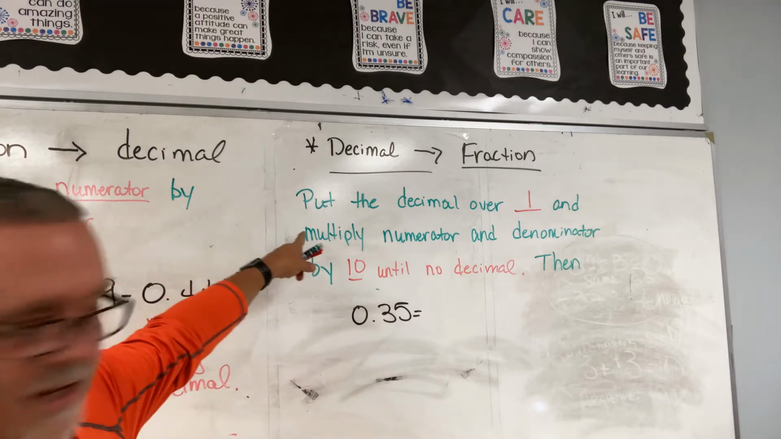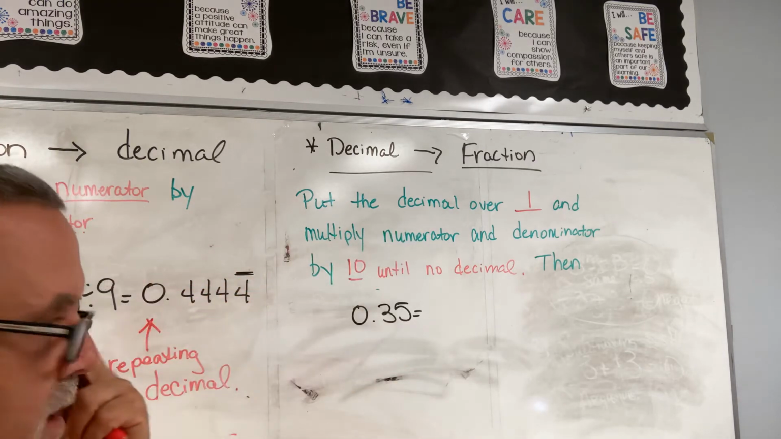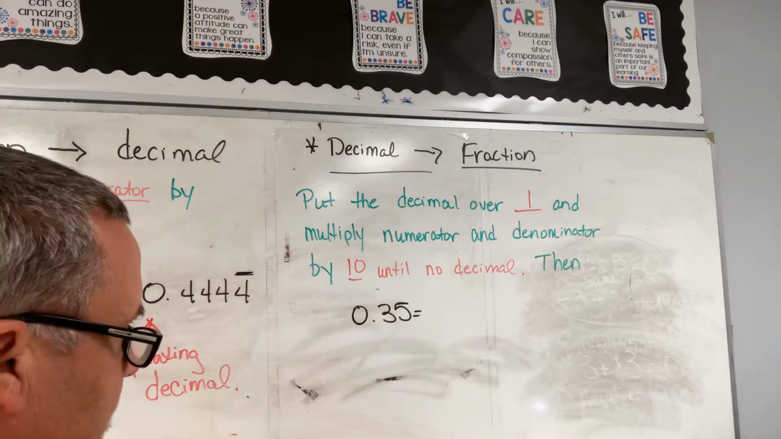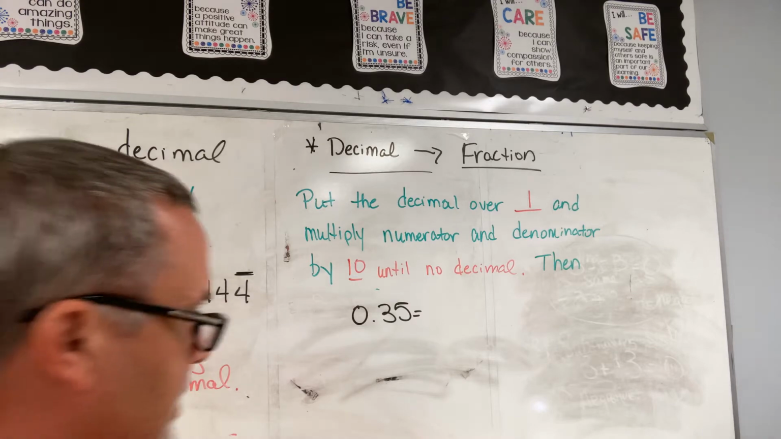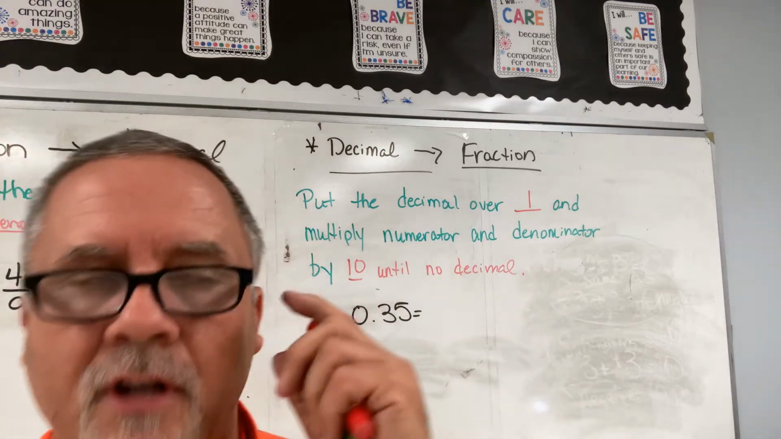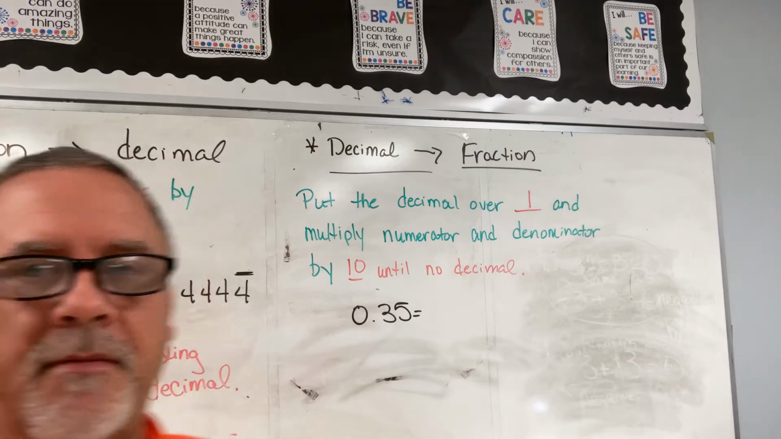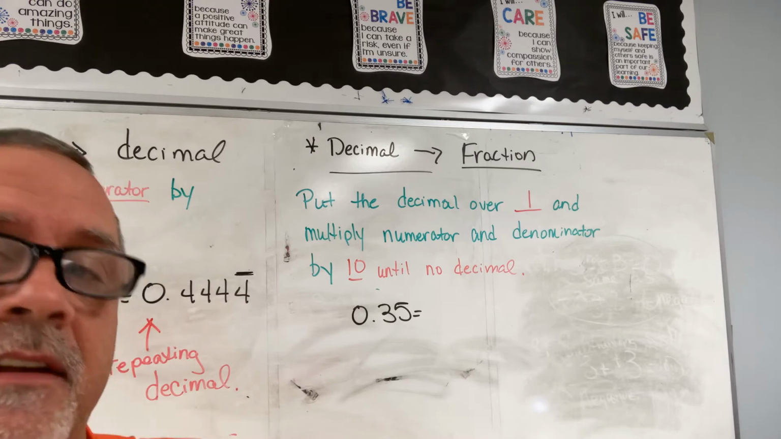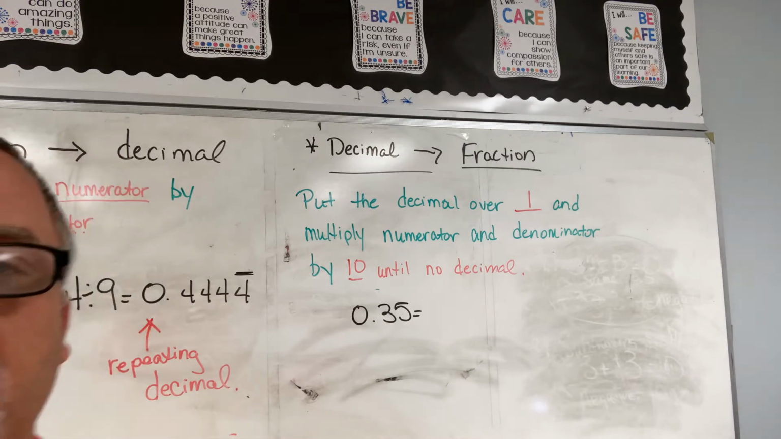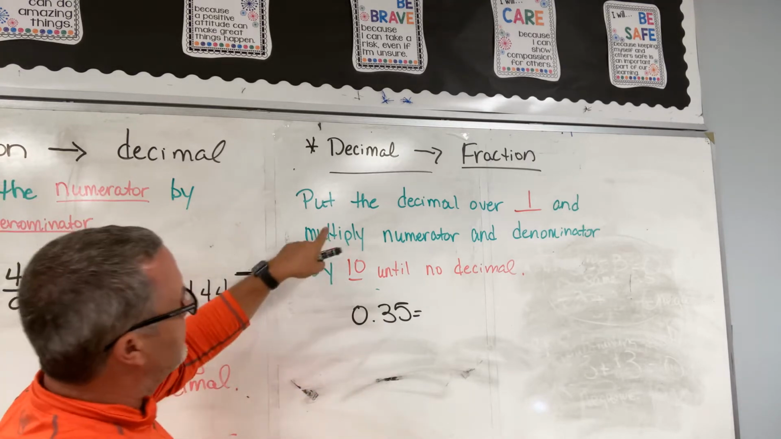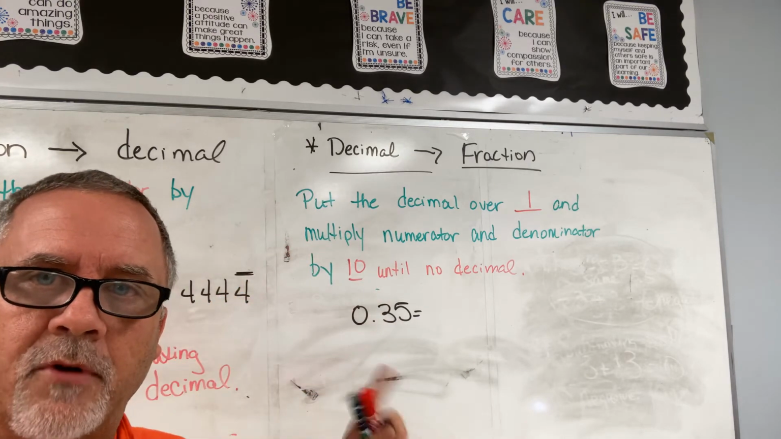So our rule says put the decimal over 1 and multiply the numerator and the denominator by 10 until no decimal is there. And then it says to simplify. You should always simplify your fractions. Remember in my class, I want all fractions simplified. Simplified means reduced to its smallest form. Okay, so it says put the decimal over 1. So I'm going to write